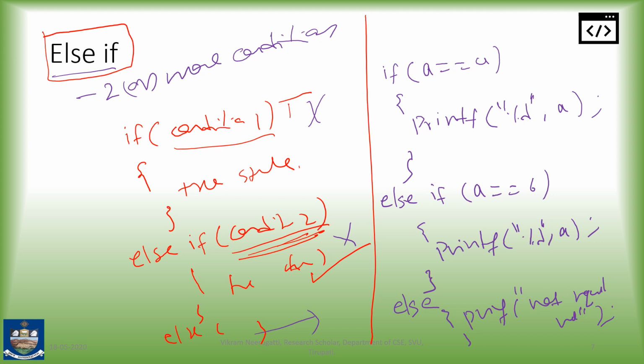This is how we will use the else if statement. If we have two or more conditions, we can check them with the help of else if. This may be called an else if ladder. So if can check only one condition, the true part. If else handles one condition, both true and false part. Else if handles two or more conditions, both true and false. This is how we need to analyze the problem, and based on the problem, we need to use it.